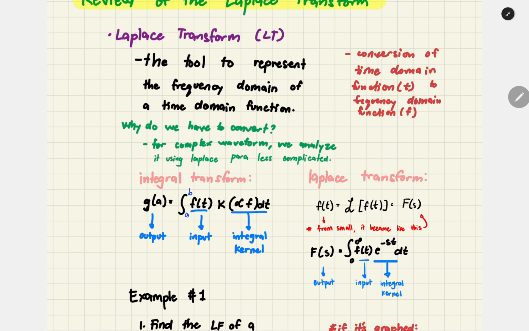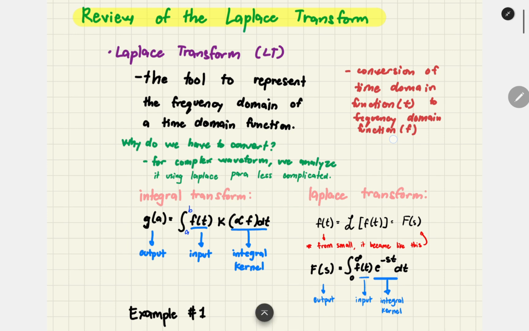That is because it is essentially too complex for us to analyze complex waveforms. And in order to make the analysis of complex waveforms less complicated, we convert them to time domain functions. Okay, so this is an integral transform,